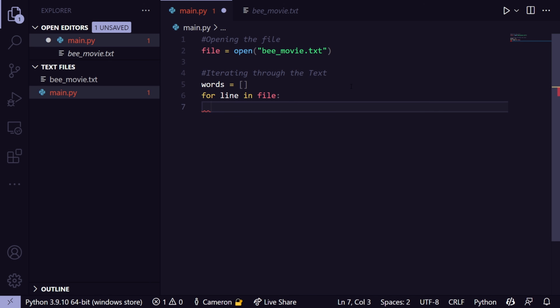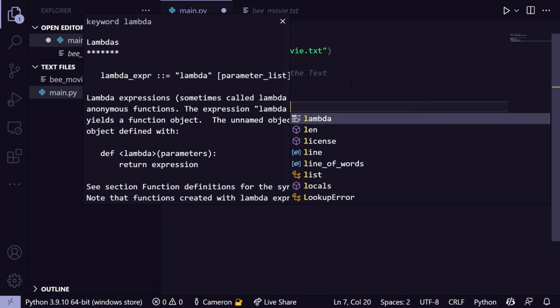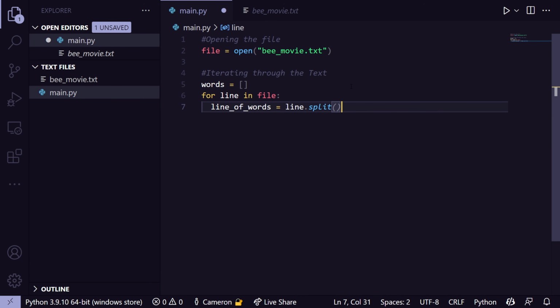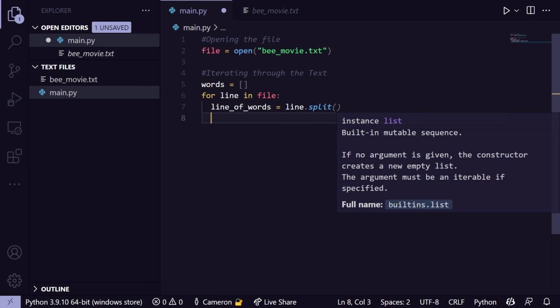We want to take the line variable, line of words. I know this is a terrible little variable name here, but line of words, and we do line.split. So we're going to split the line by spaces,